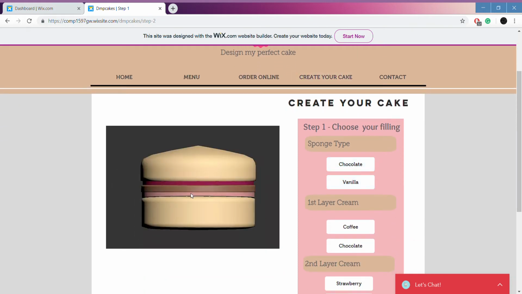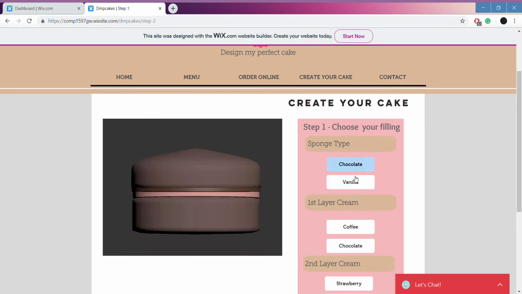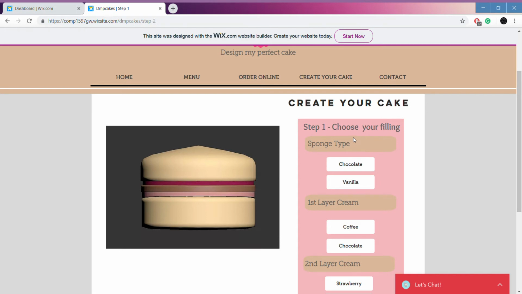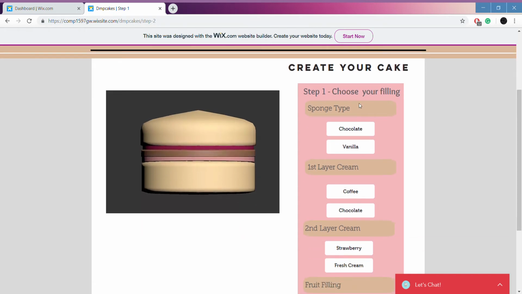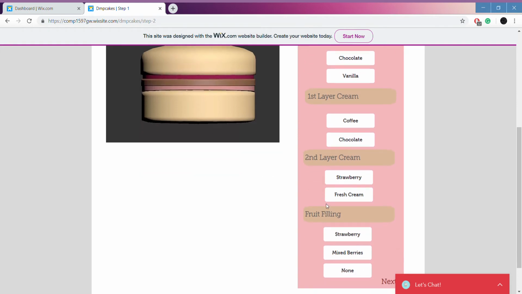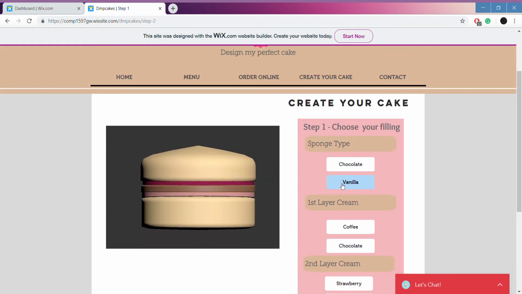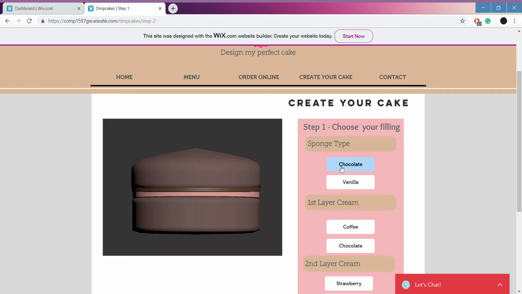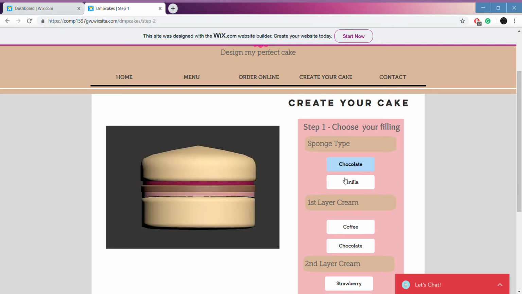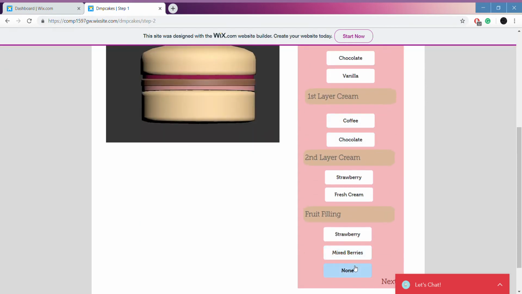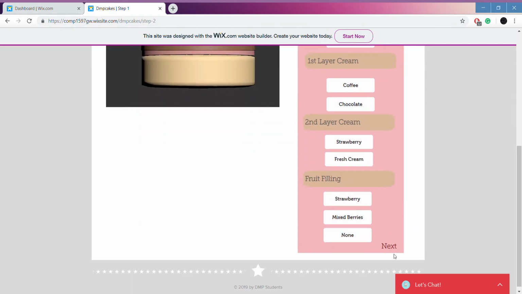There's a 3D model on the left-hand side that will be coded and edited based on the options on the right-hand side. So we have Step 1, choose your filling, sponge, first layer cream, second layer cream, or fruit filling. The ones that are currently coded right now are the vanilla and the chocolate sponge. As you can see how they move when you mouse over them. So this is the vanilla sponge, this is the chocolate sponge, but all the other options are implemented and will be coded soon. You can click next,